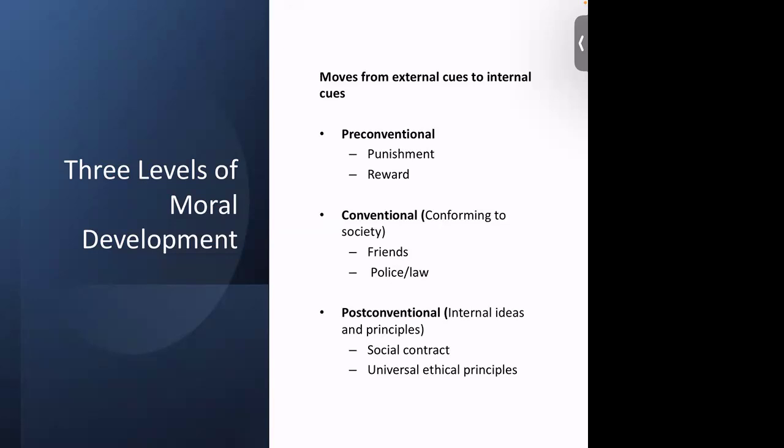But a further advancement, now they go into the post-conventional stage. And they understand that there's a social contract. What a social contract basically is, is this public agreement that people recognize laws are important. But, and that's the important part, they realize there's a but. Laws could be changed when the laws conflict with someone's fundamental rights. So, for example, there's a law that says I'm not allowed to trespass on my neighbor's yard. But if maybe a child is lost on that yard or in the other person's property, then it might be justified to break the law. So in the previous stage of morality, the law is the law. Now we realize maybe the laws could be bent sometimes when necessary.